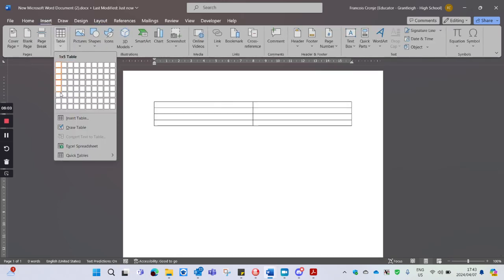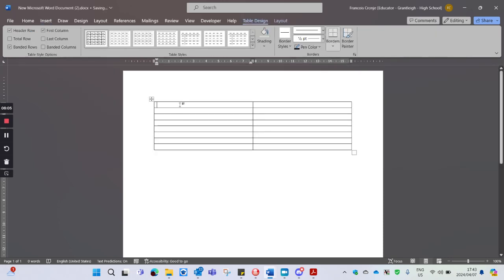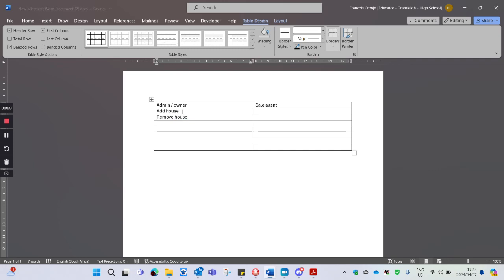So you go table, you go with this route, and you say, yeah, this is the admin or the owner, and then this is maybe the sales agent, and then this one can add houses, remove houses, add house, remove house, add client, remove client,